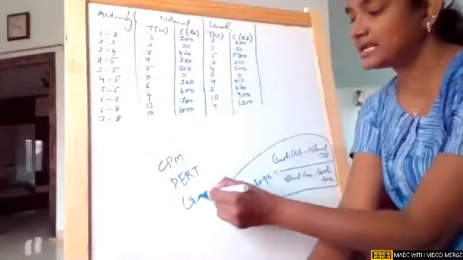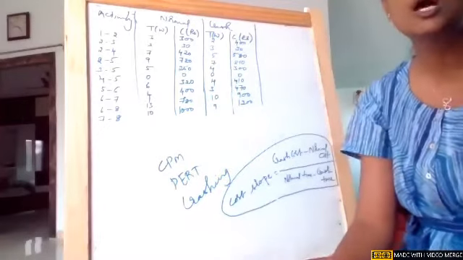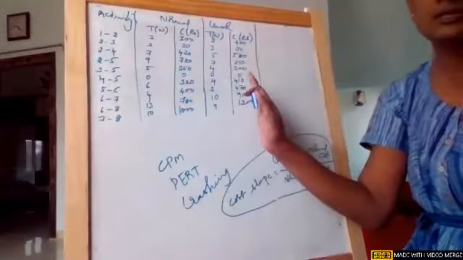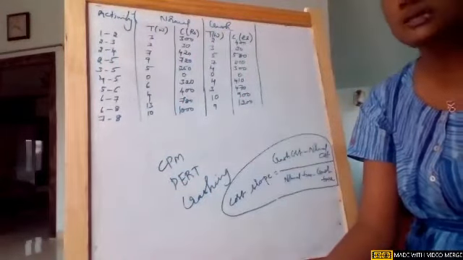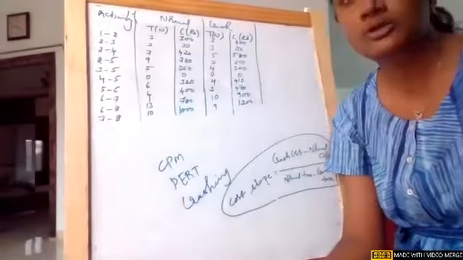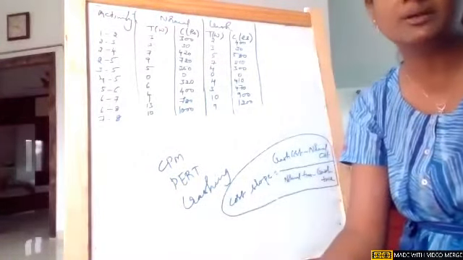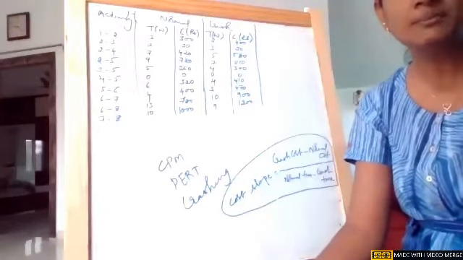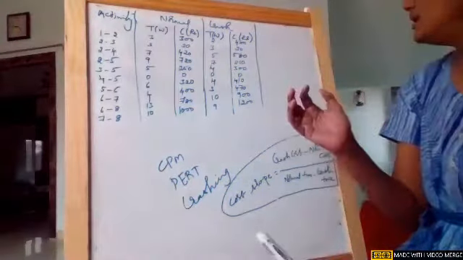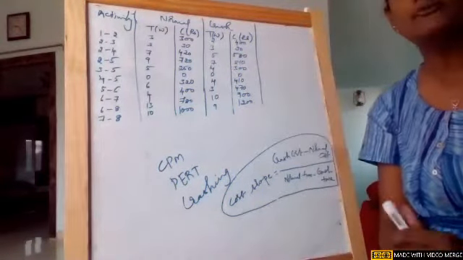In crashing, there will be two durations and two costs associated with those two durations. If it is normal duration, what is the cost? If it is crashing duration, what is the cost? Using these two costs, we need to show, using the crashing technique, what the optimal cost is. That means the minimum cost as well as the minimum duration, how much we can further reduce the cost as well as the duration. So that is the concept of crashing.